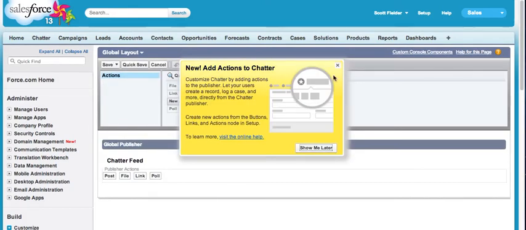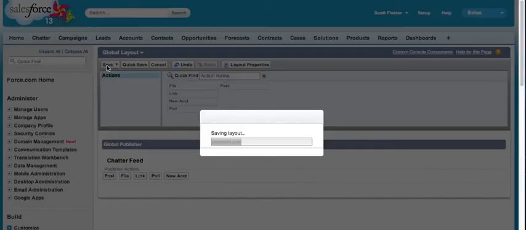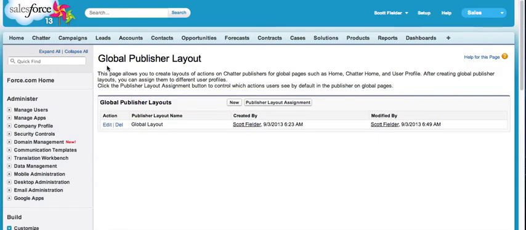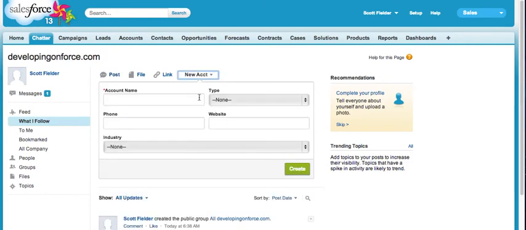And to show you how simple this is, I can simply drag my new global action, which we created, which was new account. Go ahead and hit save. At this point I can go back into Chatter, and now you see I've got this little more drop down, and in here I've got new account. So directly from my feed,